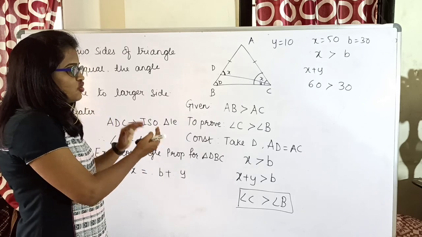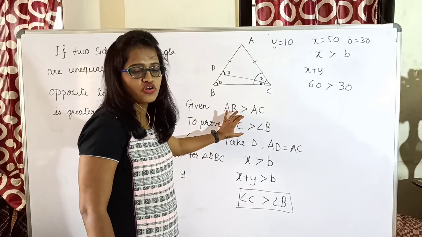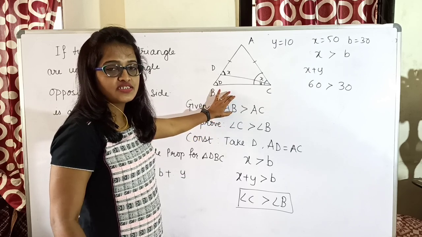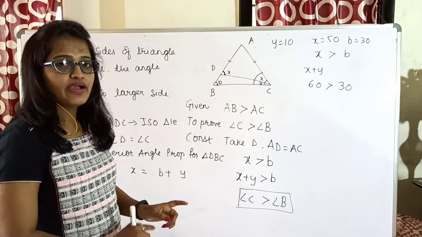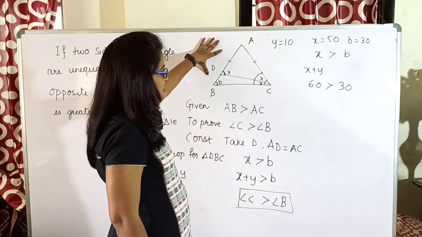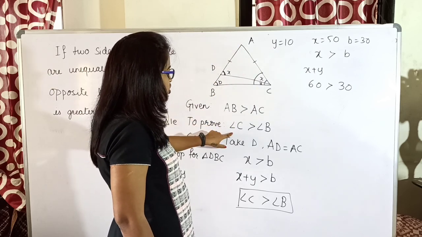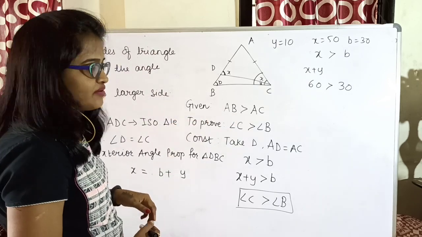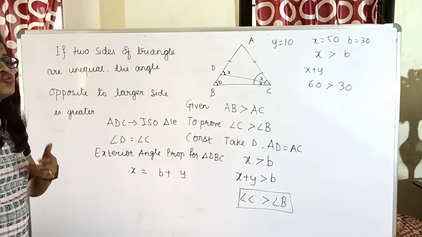Okay. Now its converse would be, if you have a relation between the sides, you have got a relation between the angles. Its converse would be, if you have a relation between the angles, the same relation would be there between the sides regarding its opposite side. Meaning, if I say angle C is greater than angle B, by the converse of inequality theorem, I can be saying the side opposite to angle C, that is AB, will be greater than AC. So here this will be given, and hence you will be getting a relation between the sides. So this is an inequality theorem which we have seen and which you will be using whenever you are solving the questions.